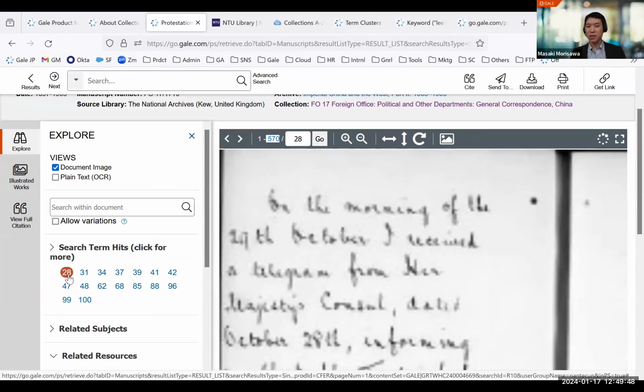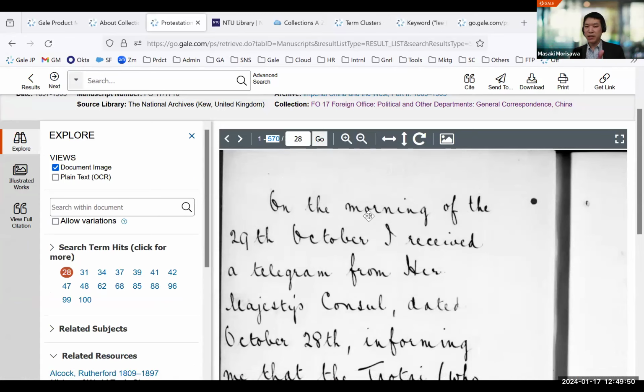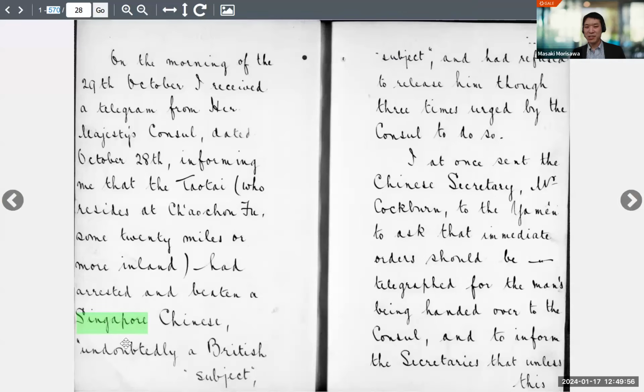And you can click on 28, and it will automatically jump to image number 28. If I expand this, it contains the word Singapore. And this is a kind of an interesting document. On the morning of 29th October, I received a telegram from Her Majesty's Consul. This is actually a pretty easy document to read, informing me that the Tao Tai had arrested and beaten a Singapore Chinese, undoubtedly a British